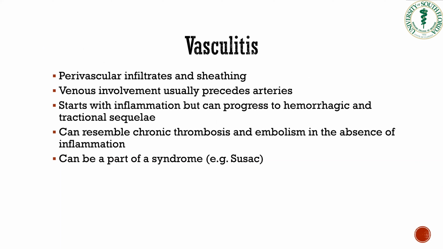So moving along here, vasculitis is typically characterized by perivascular infiltrates and sheathing. We can typically see vasculitis in veins prior to arteries. And it's interesting because it can start with inflammation, but it does often progress into hemorrhagic or tractional consequences. It can even resemble chronic thrombosis and embolus, without any inflammation whatsoever. And so it's important to rule out cardiac valve disease, arrhythmias, and hemoglobinopathies in these patients as well. And then it can also be part of syndromes like Susac syndrome, where we see patients with strokes, deafness, and